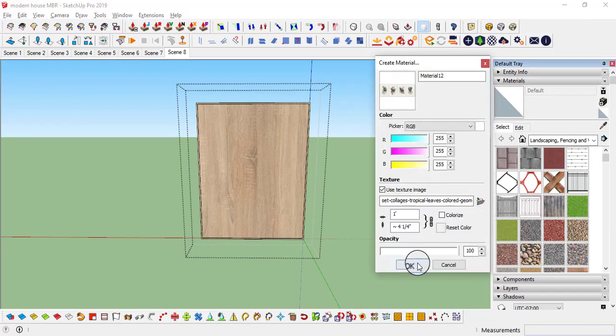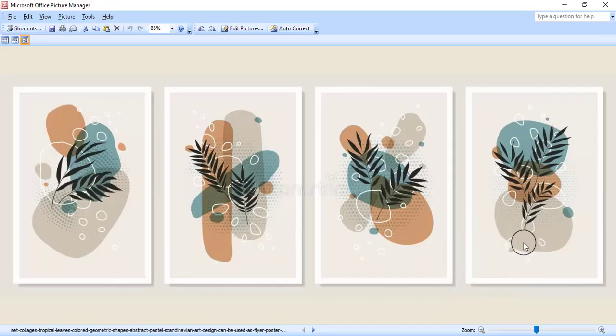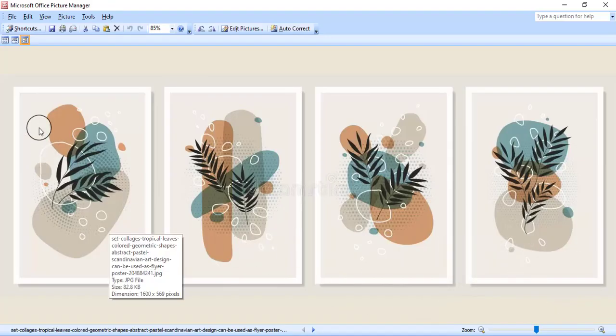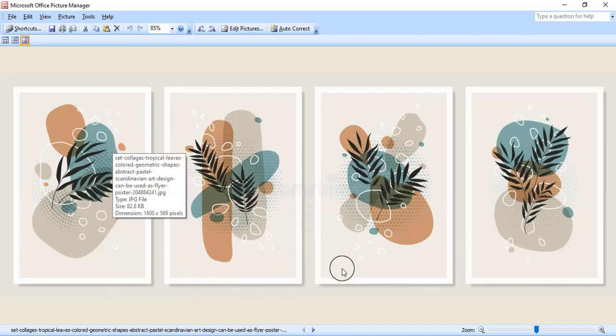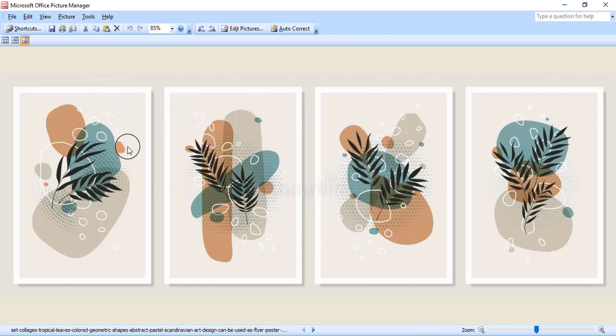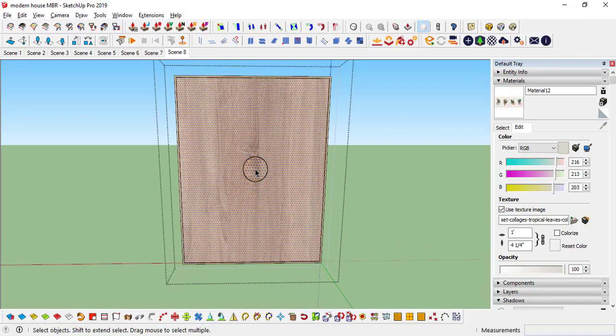This one I'm going to create open. Okay, edit and see. This is the image I have downloaded from Google itself. These images will suit the Scandinavian theme, that's why I chose these images. Simply I'm going to make 3 photos with it. So simply I'm going to apply it on this face.